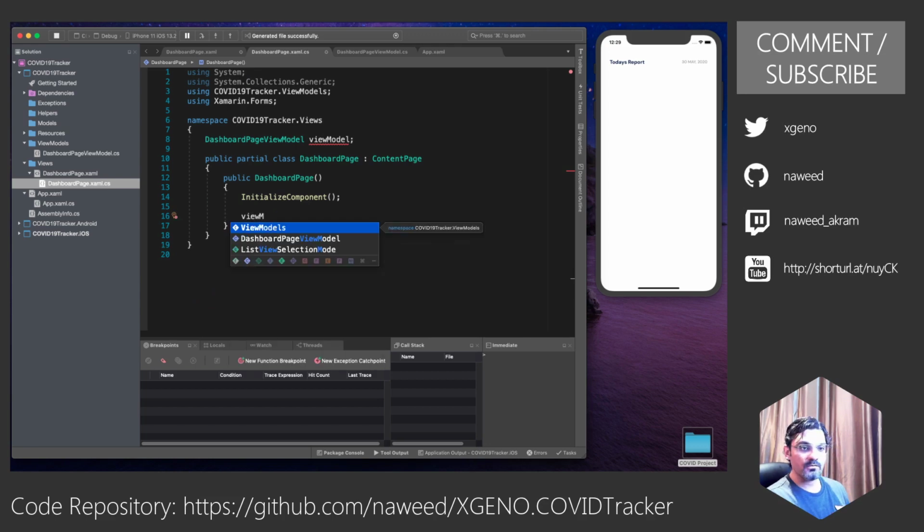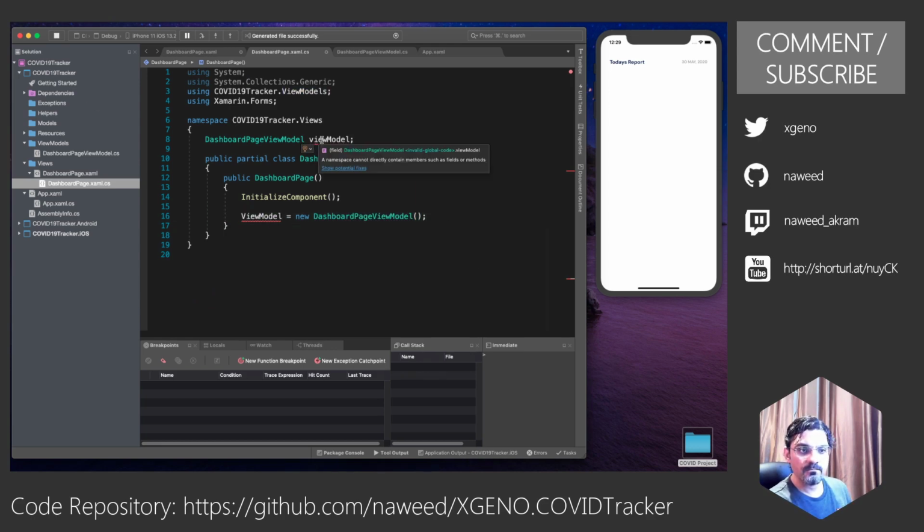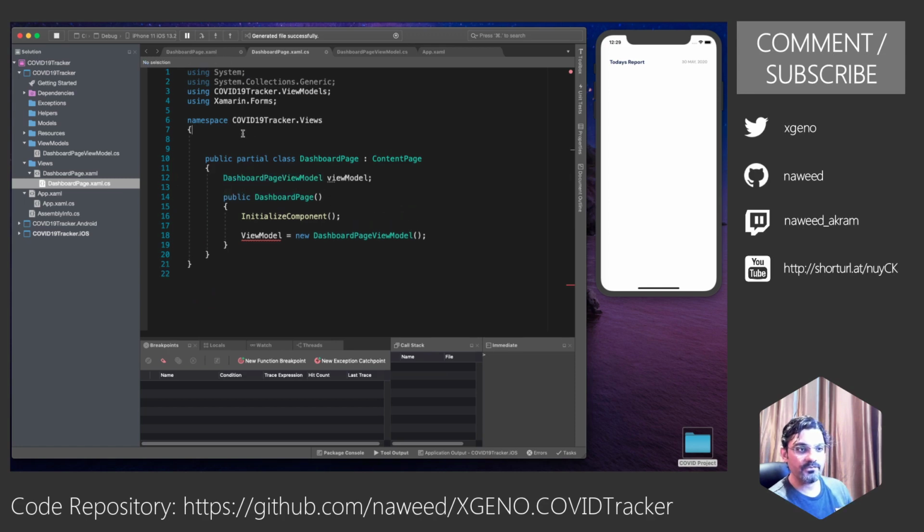So view model is equal to new dashboard page view model. Okay, got it. It has to be inside my class.